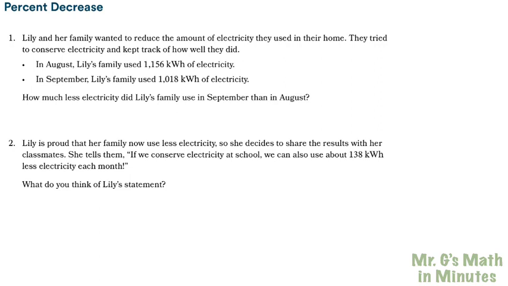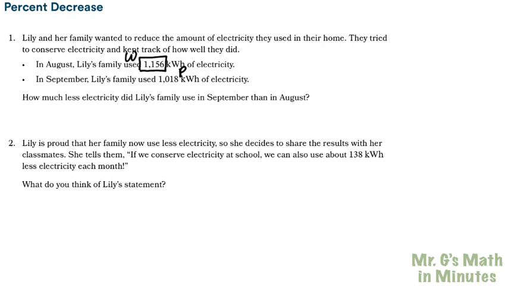In August, they used 1,156 kilowatt hours of electricity. And in September, they went down to 1,018 kilowatts of electricity. How much less electricity did they use? So we're going to figure out this percent here. So again, they give us the original. So this is our original right here. So that is our whole. And then they give us the new one that they decreased it with